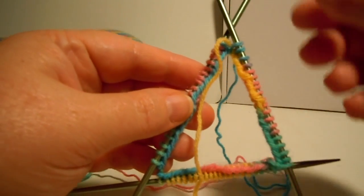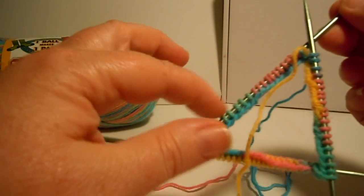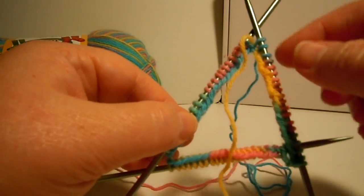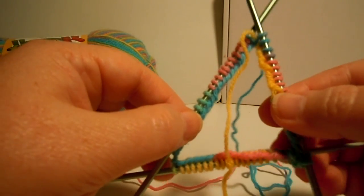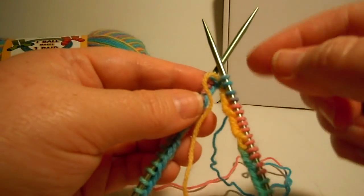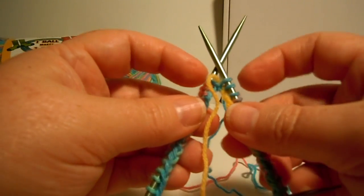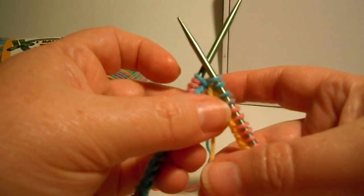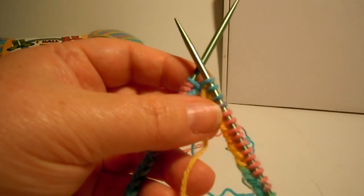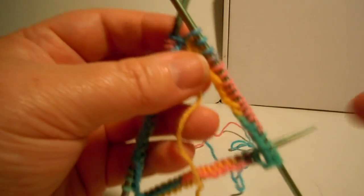When you first started casting on, you started on that needle, and then you cast on these, and then we cast on those. And then when I joined it in the round, I made sure that my last needle was on the right so that I could swap those first two stitches. That's the way I like to join. I just cross them over and let them switch needles. And when you start to knit your first row,